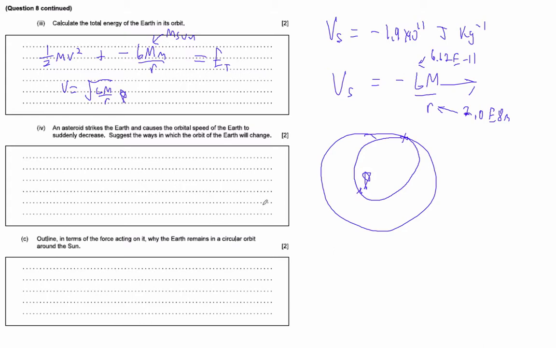They're definitely not looking for that. Although if you mention it'll become more elliptical, that does give you one of the marks. Basically, what they're looking for is that we know it's going to lose energy because of this impact. It's going to get closer to the sun, and therefore the velocity will increase because, of course, the orbital velocity